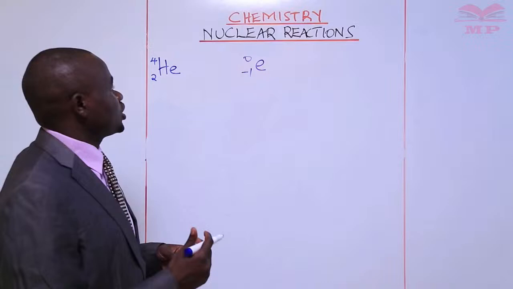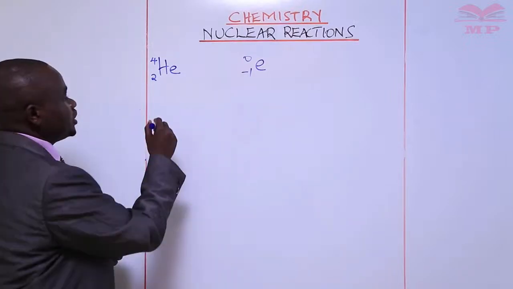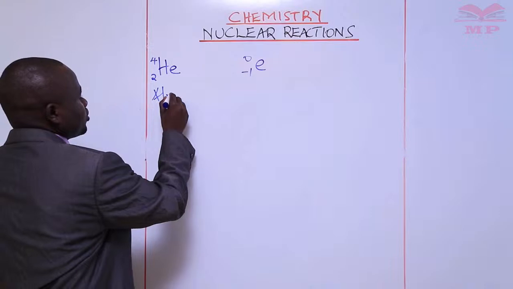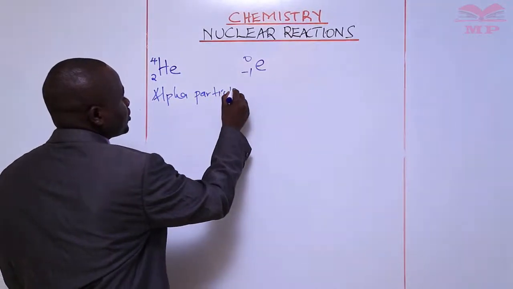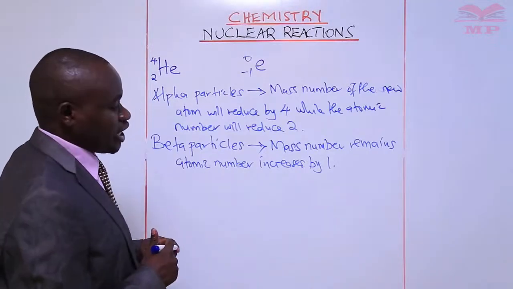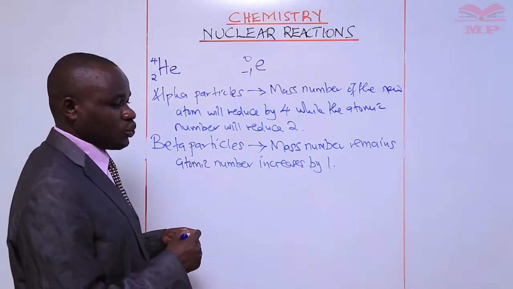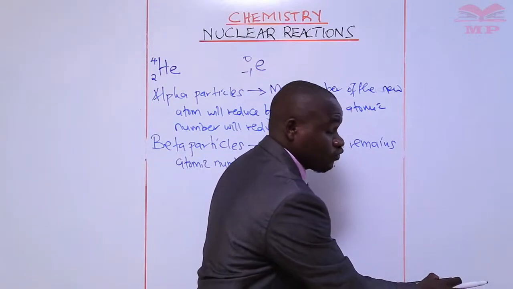So this is what I mean by that. When a particle decays by emitting alpha particles, this is what happens to the mass number. So having said that, I would like us to look at examples of